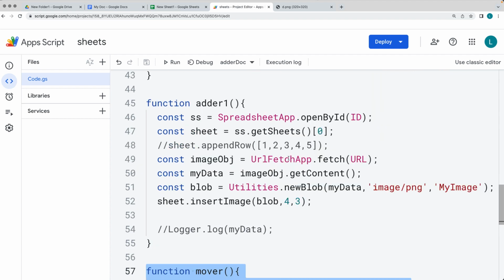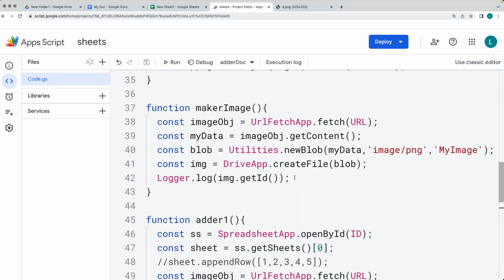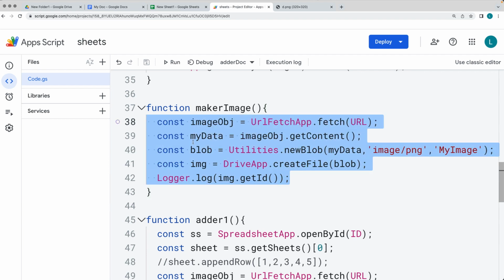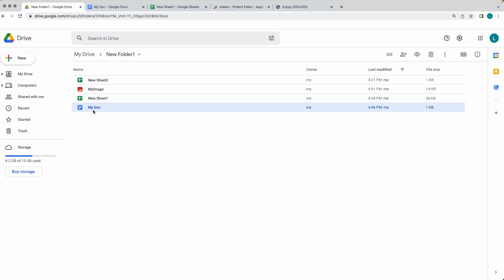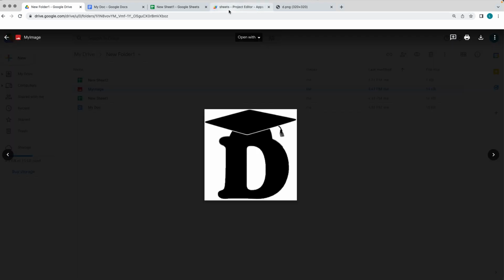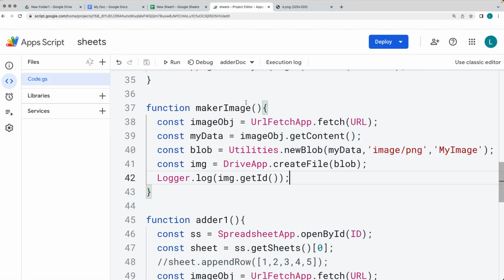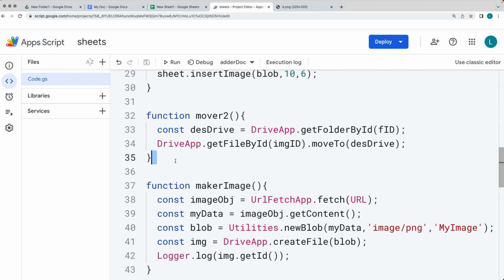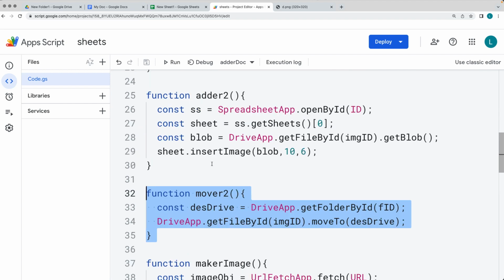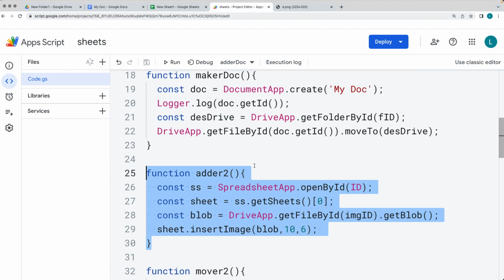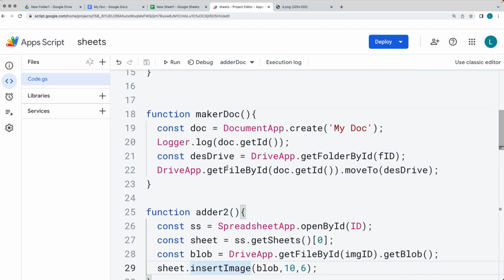Next, we're going to select the image from its URL, get it as content, convert it into a blob, and then insert it into the spreadsheet. We're also going to be selecting the image from the internet, creating a file within our folder so that we can add the image directly within our Google Drive, and then how we can select the image from the Google Drive where we can move it into a folder, selecting the image from the drive, inserting it into the spreadsheet,